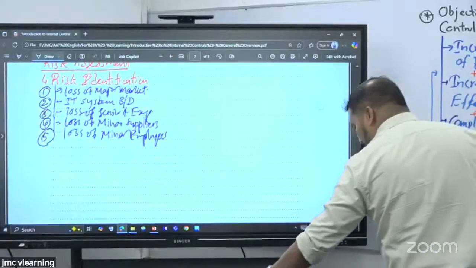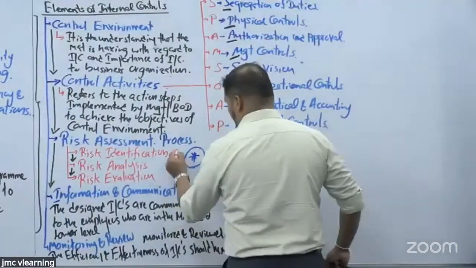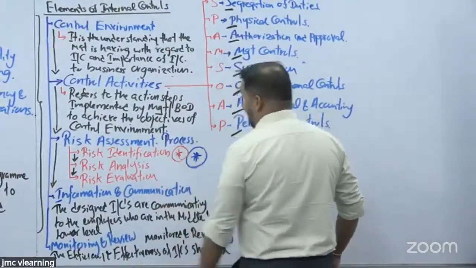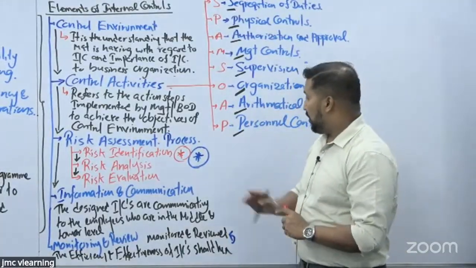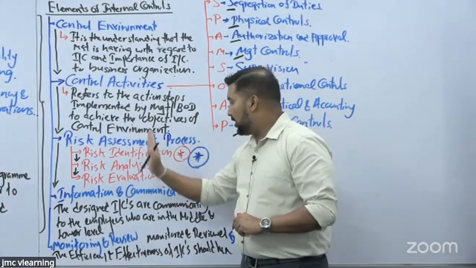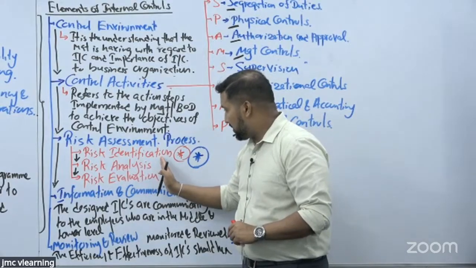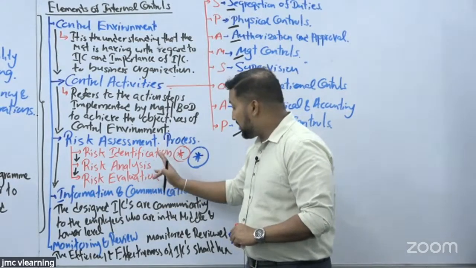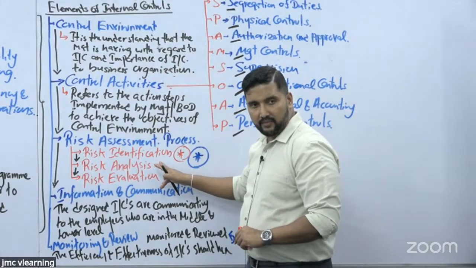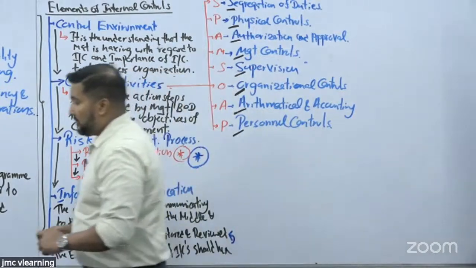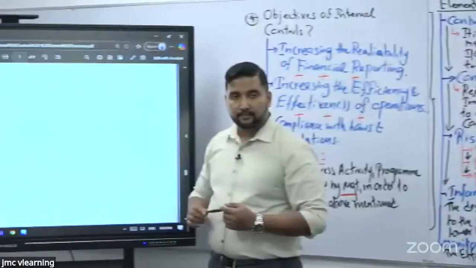Okay, this is what you referred to as what? Risk identification. You are identifying the risk, whether it is internal or external. Clear? Now the risk identification is clear to all of you, which is considered one of the crucial aspects from the internal control purview. Got it? Yes or no? Yes, sir.